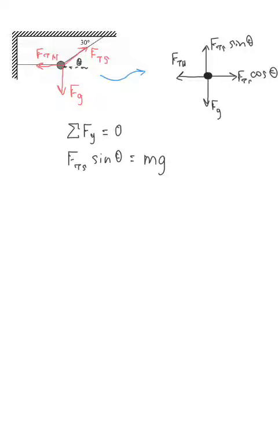And then rearranging this equation to get Fts by itself, we divide both sides by sine of theta, so you get Fts is equal to mg divided by the sine of theta,